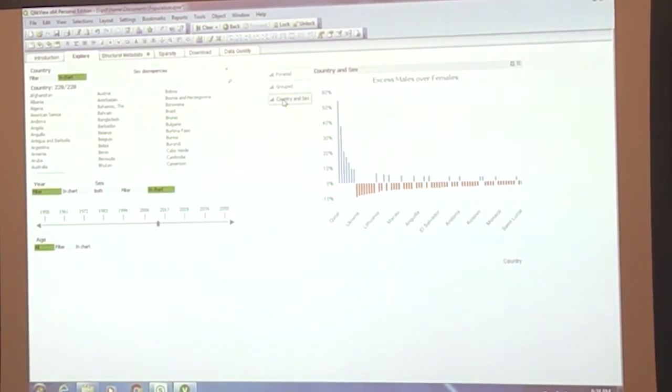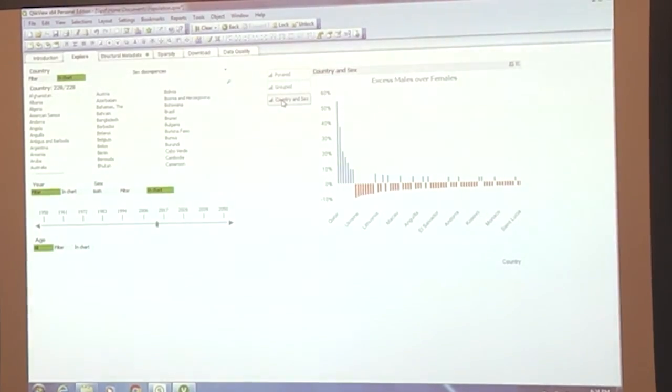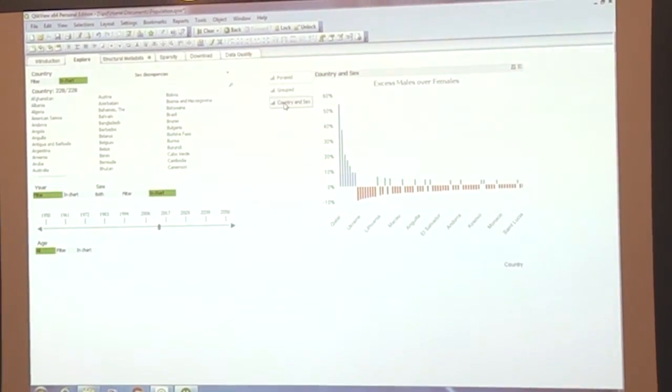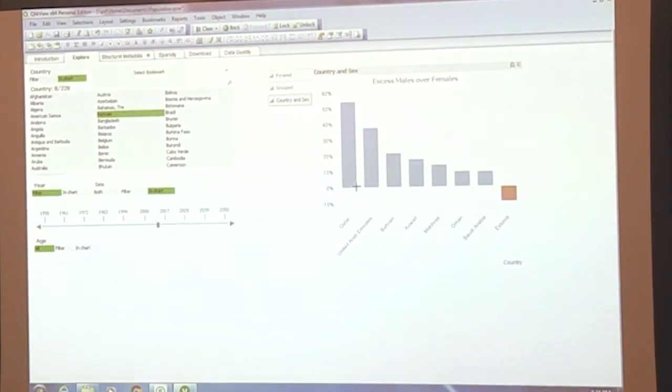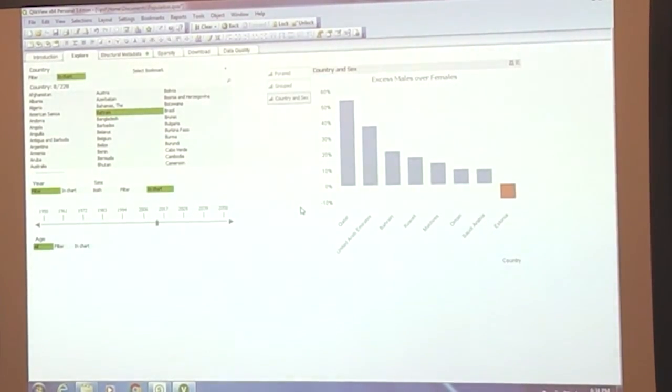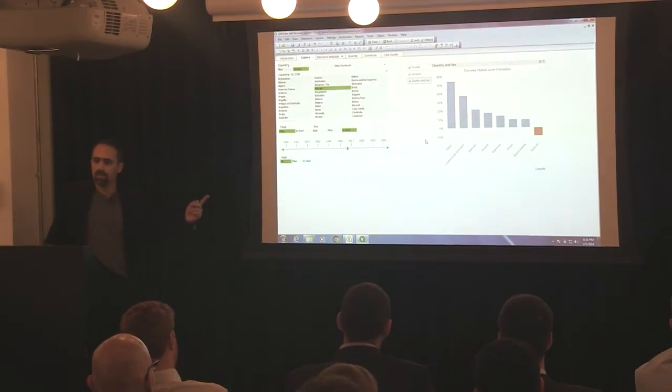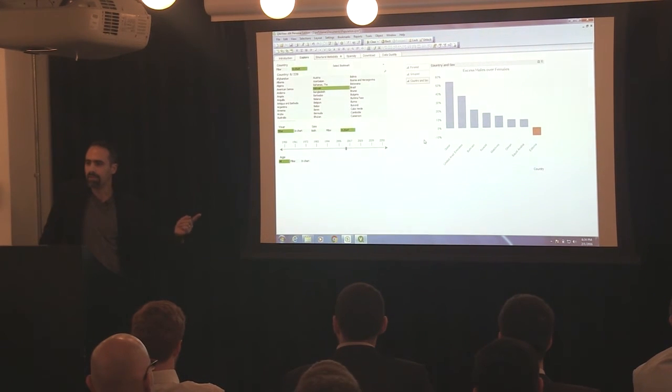And I expected there to be almost none that went above 10%. And so I'm kind of shocked to see that there are spikes going high. I wouldn't have expected that. I wouldn't have learnt that from looking at the numbers. And it turns out that the Gulf states. So this is kind of interesting because I don't actually believe that they have that many more men than women. I think that the government isn't reporting the numbers,